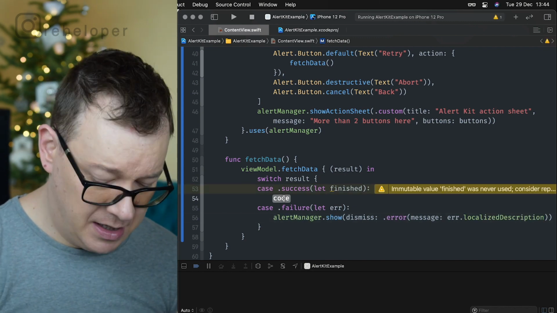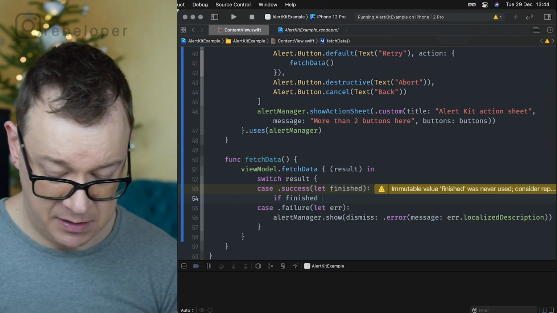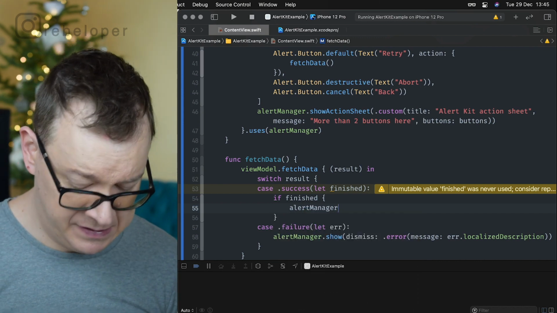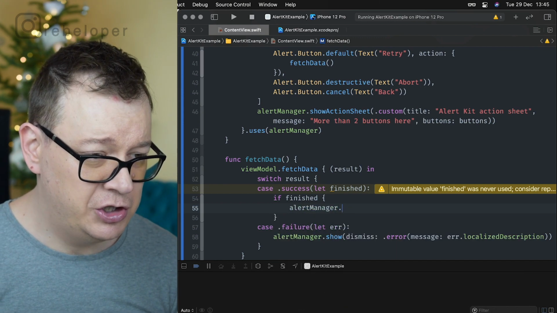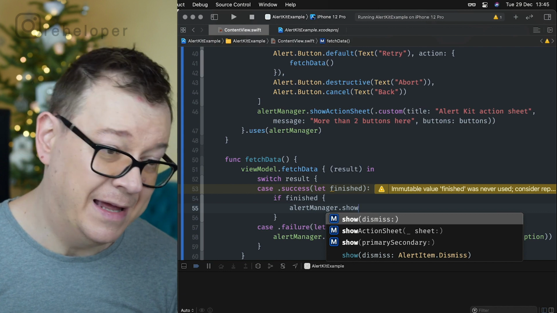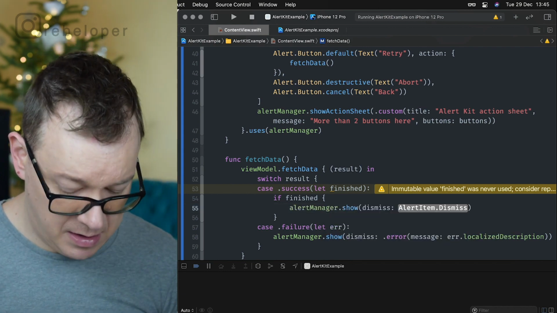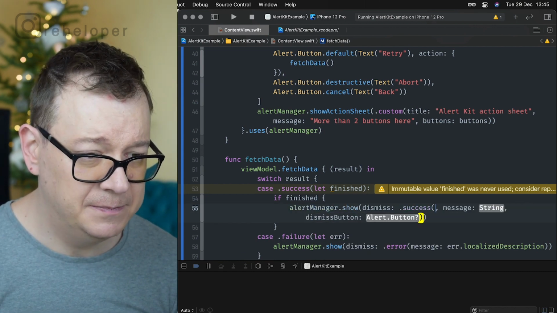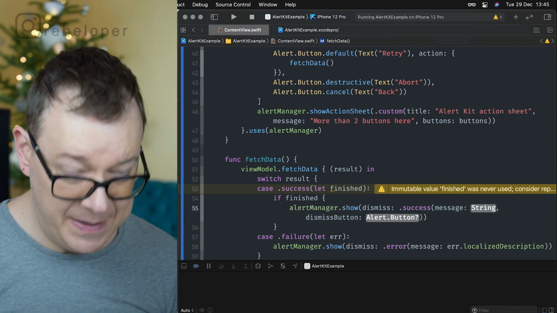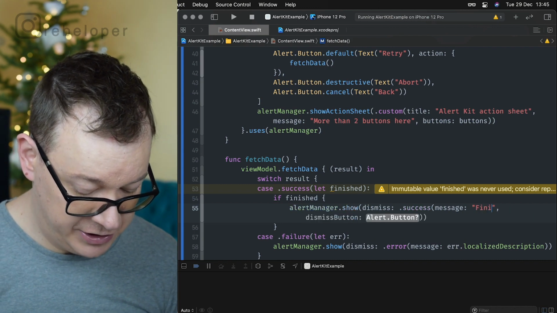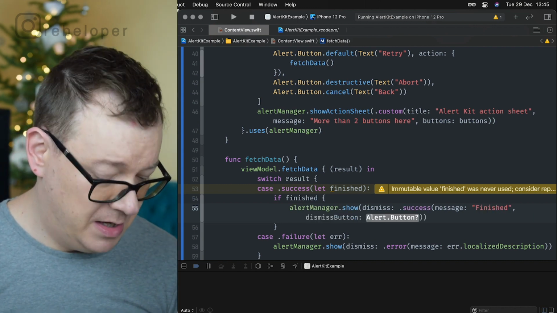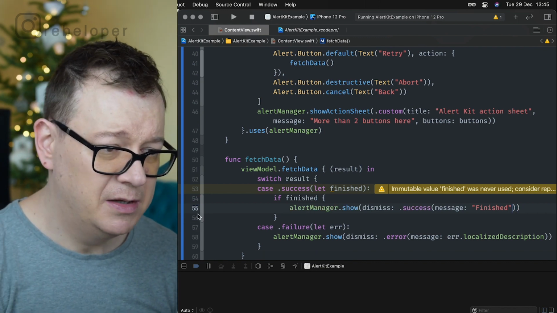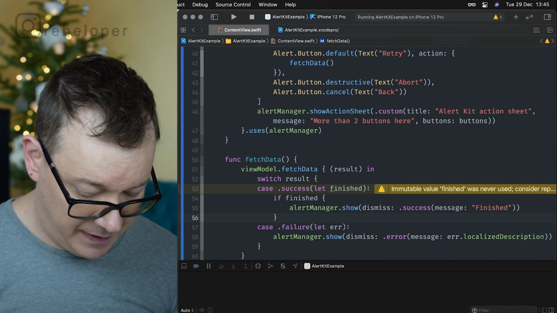Now for the finished, if finished, so if we have finished, then we want to go alertManager and show a success. So show, again, a dismiss button and success. And again, I'm just going to omit the title. And on the message, I'm just going to go finished. Okay, and no dismiss button. That will be a default OK button. Now, if we didn't finish, else,